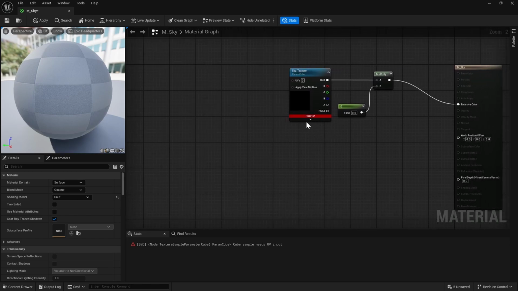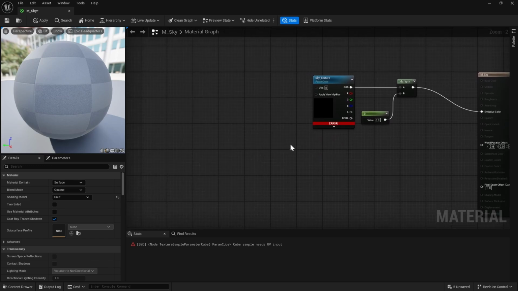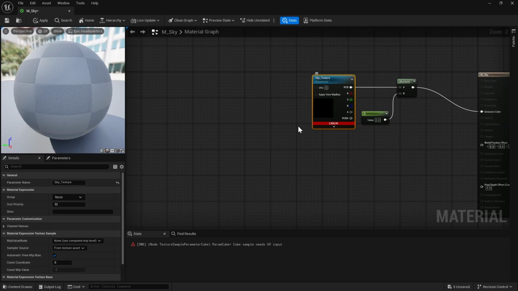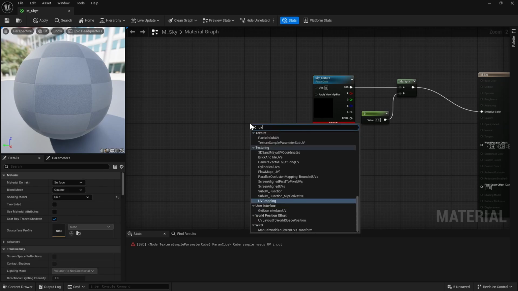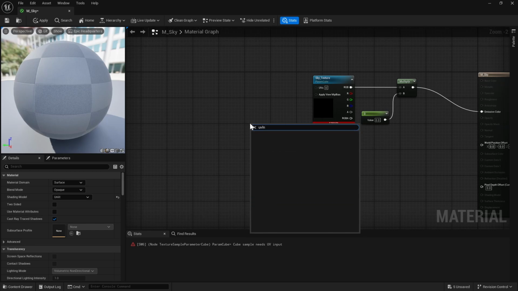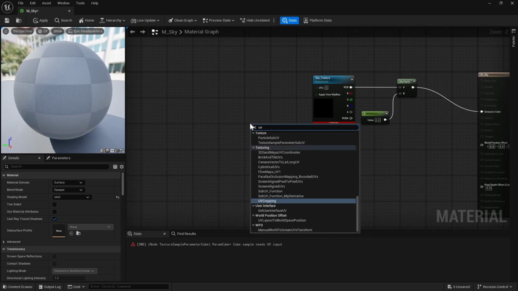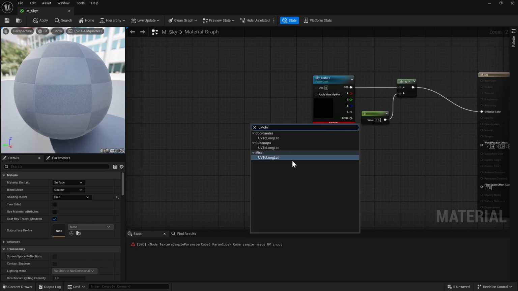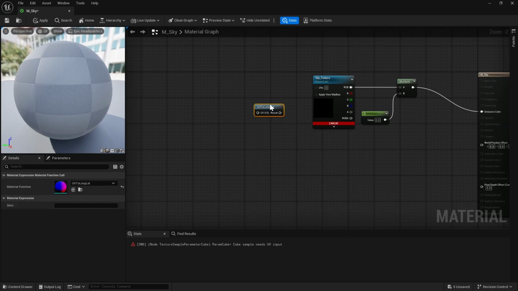So our sky texture has an error, and it needs the proper UVs to project this thing onto the sphere. By default, it won't land right on the object. So what we need to do is there's a node called UV to long lat. UV to longitude latitude. So it basically takes standard UVs and warps them to fit these polar projected textures that